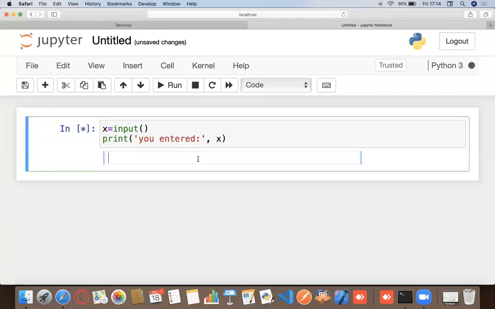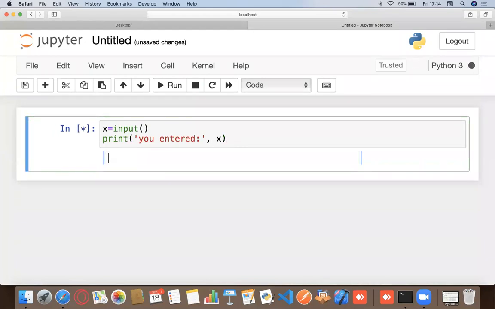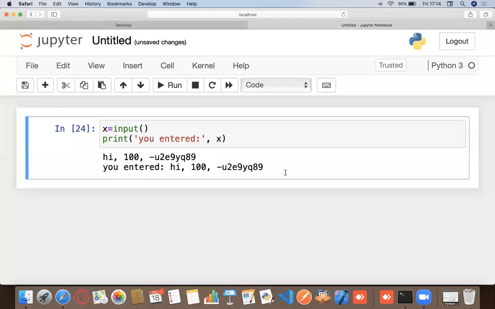Now you see, I get this input field. I can type in something like this in here, and it tells me that you entered 100. That's right, I entered 100, right? So I could do a lot of stuff in here. I could say something like hi, then 100. So it would just blindly print everything that I input in here. Okay, that's great. That's exactly what it was supposed to do. That's not a big thing right now.